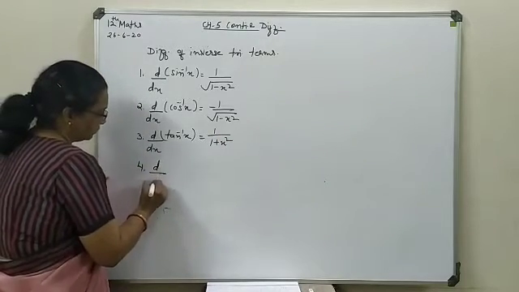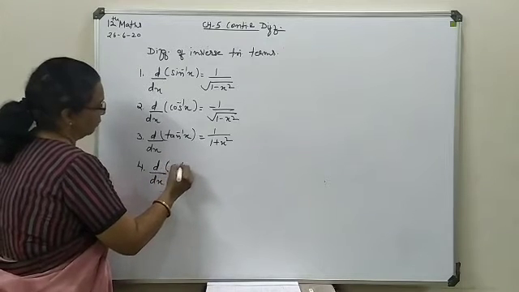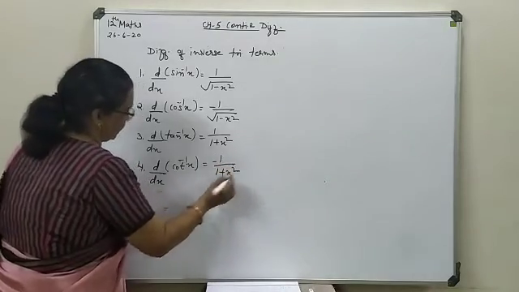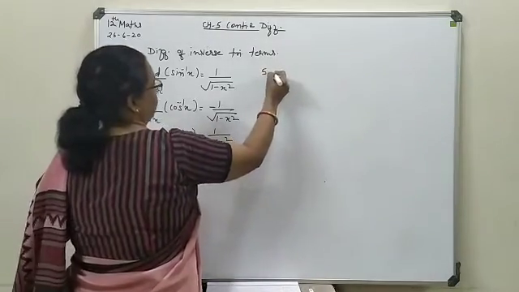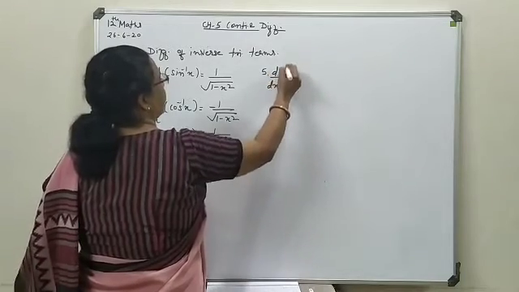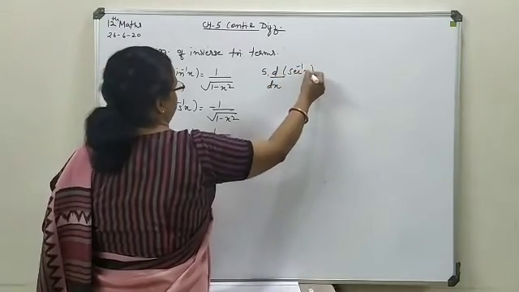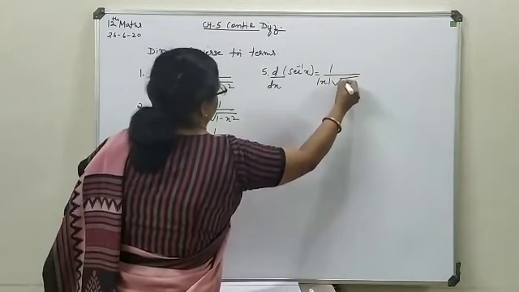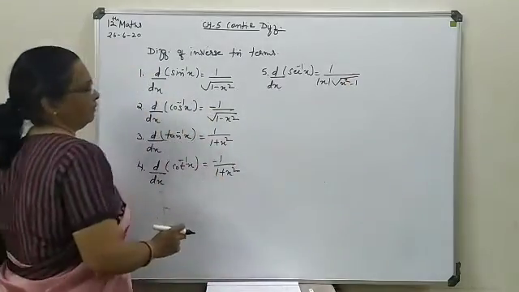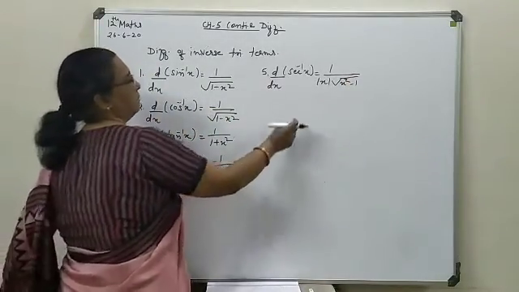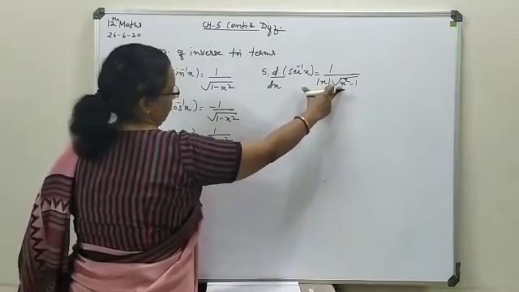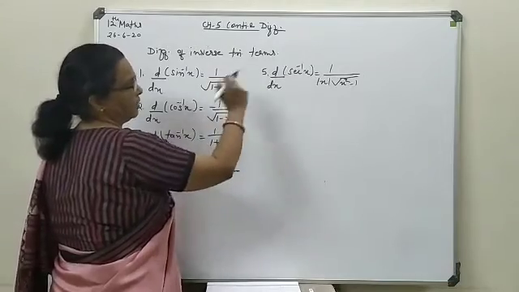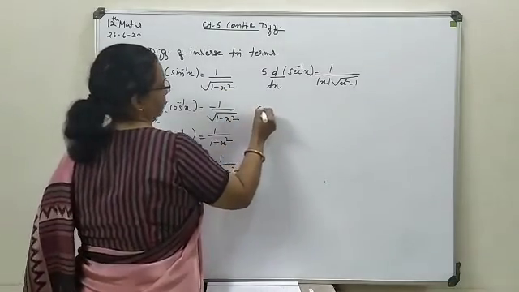Next is the differentiation of cot inverse. So here again a minus is to be introduced. Next we will go for the differentiation of sec inverse x, that will be 1 upon absolute of x under root x square minus 1. Here you will have one change: inside the square root we have x square minus 1, and outside there is a modulus of x, which was not there in the earlier one. So this is the difference you can keep in your mind.